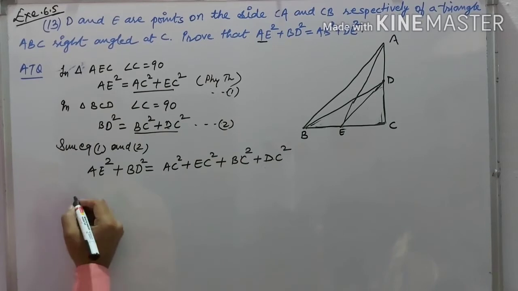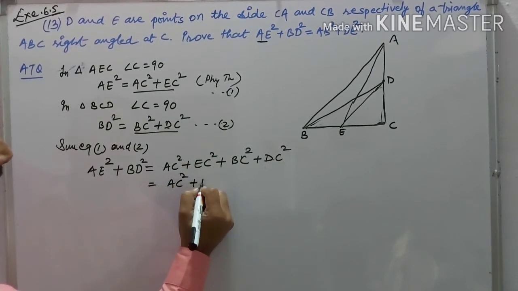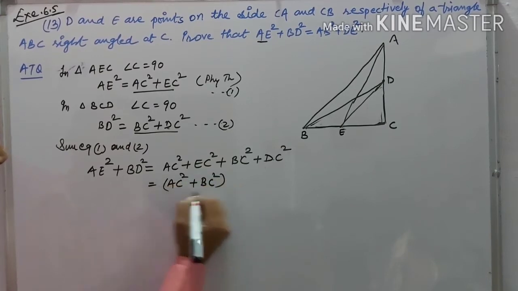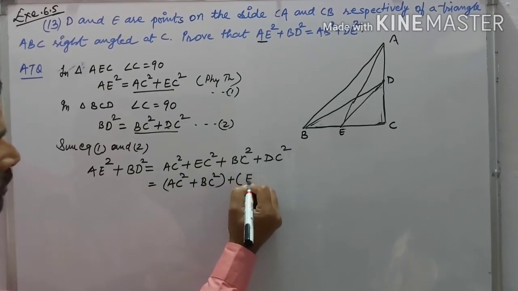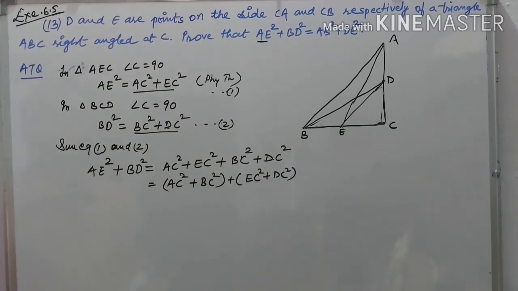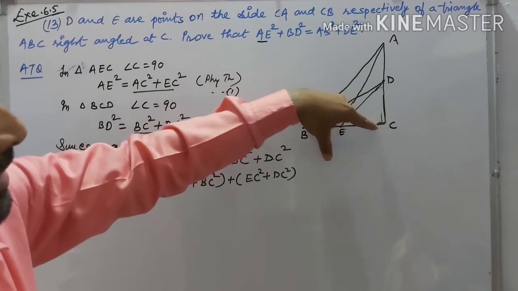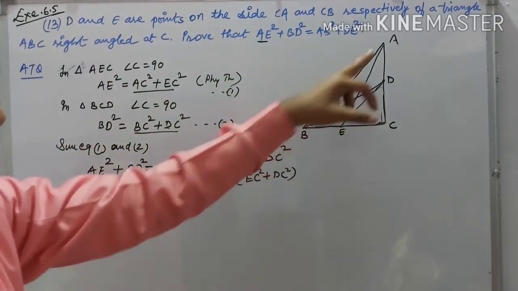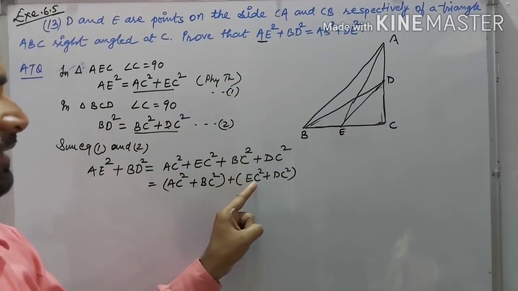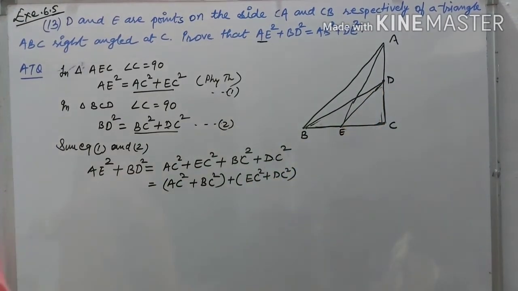Okay, now write AC square plus BC square separately, and the second two values separately. Why? Because AC and BC relate to triangle ABC, and EC and DC relate to the second triangle. You write